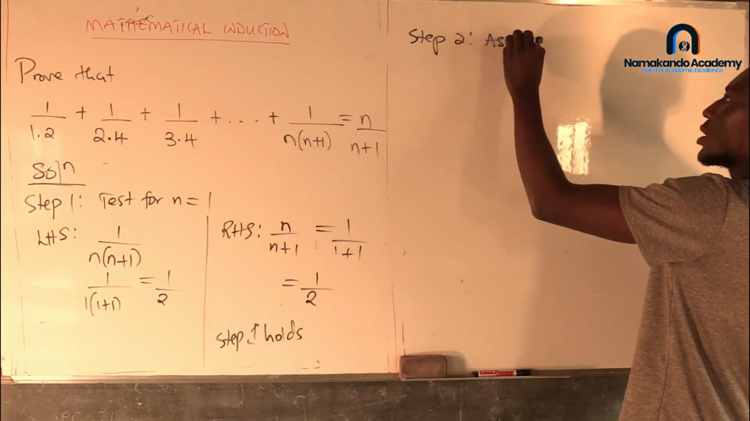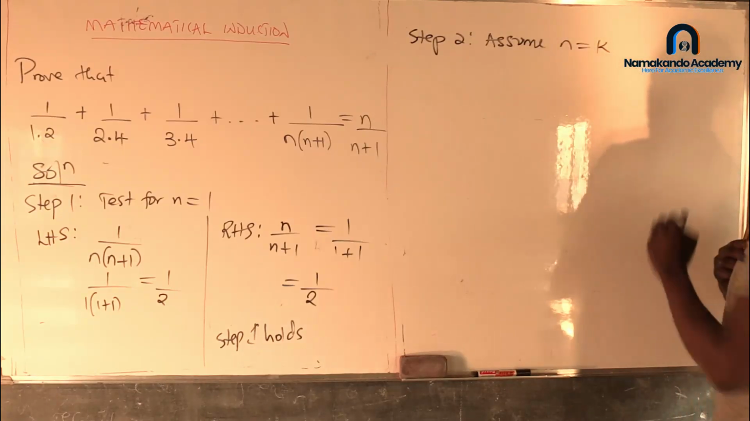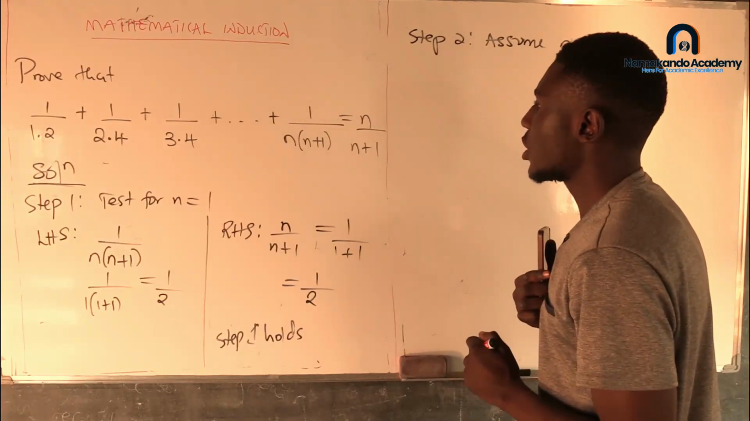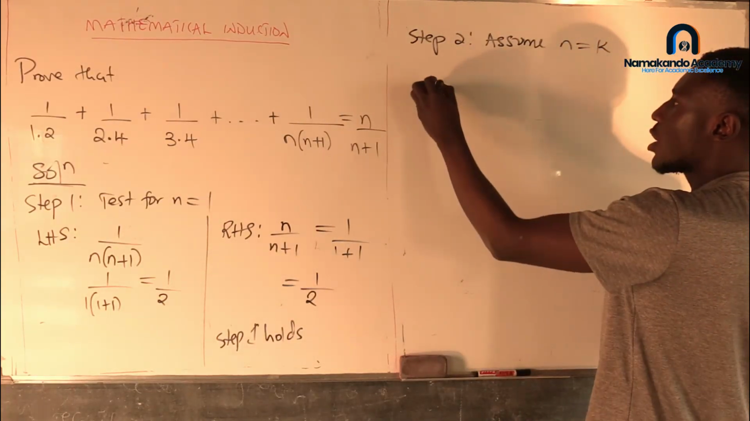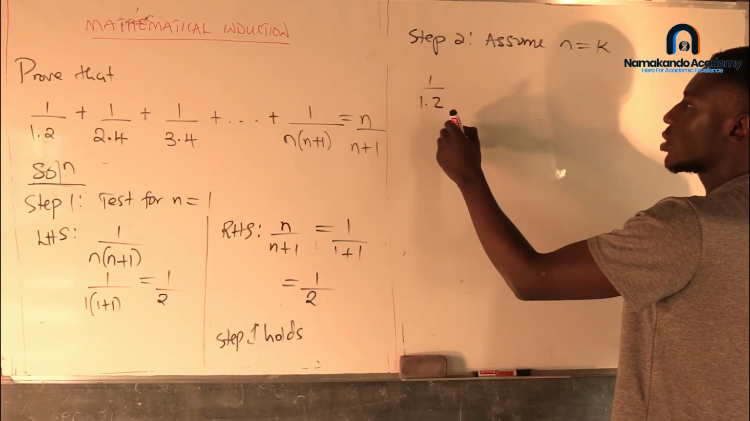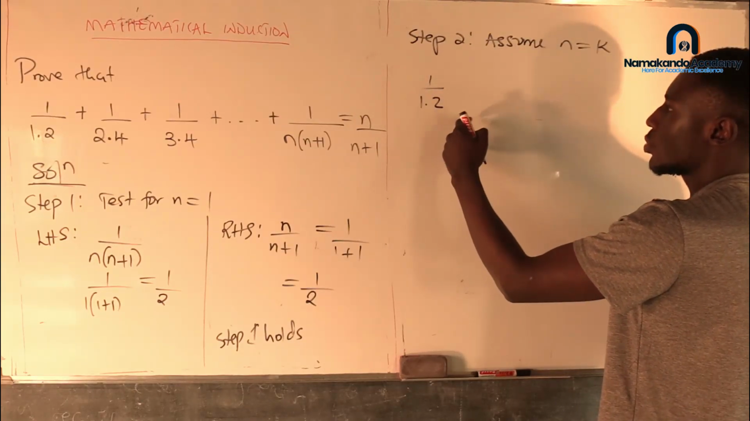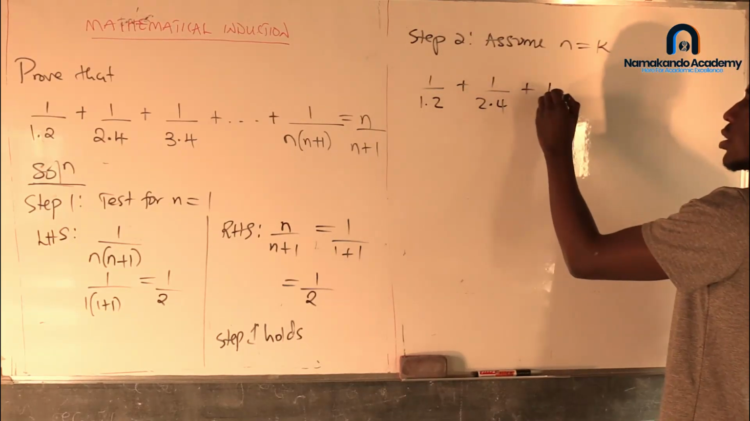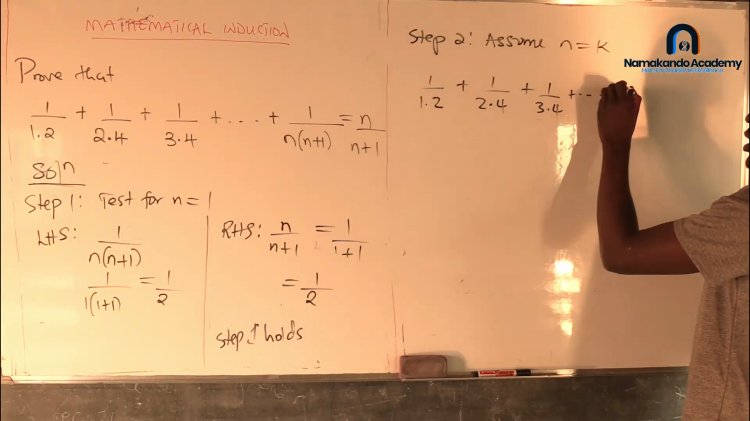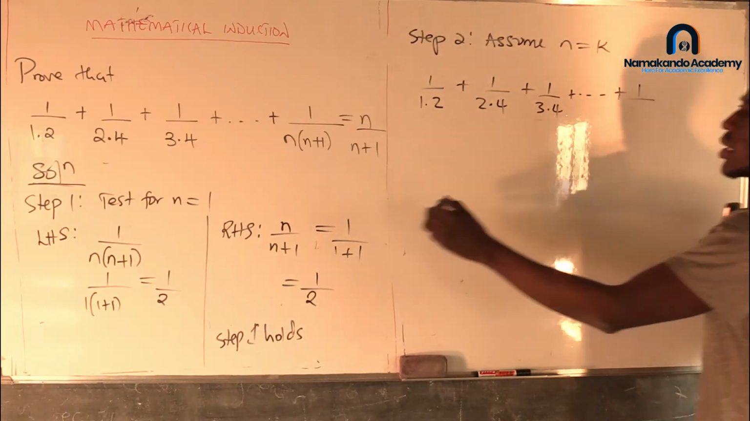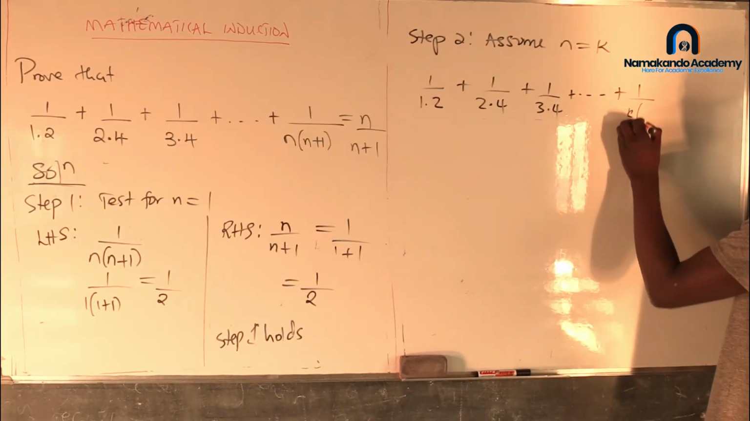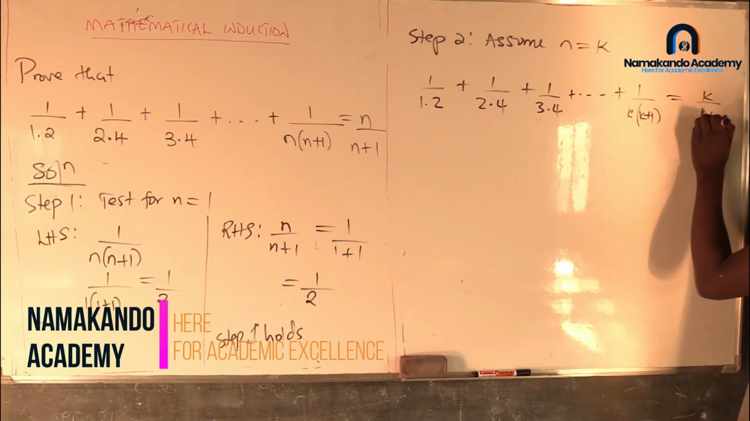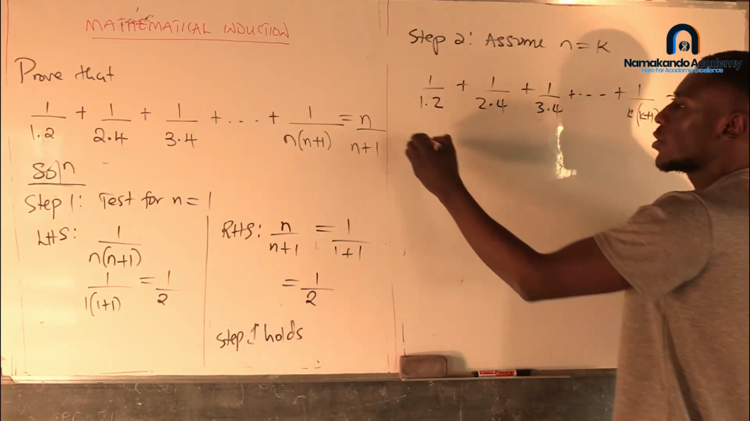And this one is an assumption that n equals k. So we write our statement and we only substitute k wherever there's n. So we have 1 over 1 times 2 plus 1 over 2 times 3 plus 1 over 3 times 4, plus the last term, which is 1 over, here since there's n, we replace with k, so k times k plus 1, this is equal to k over k plus 1. Okay, so move on to the last step,